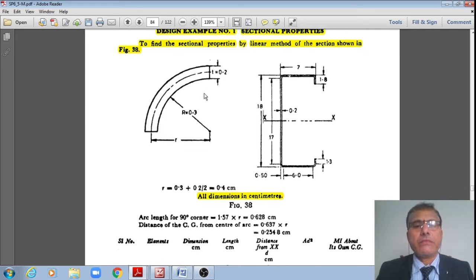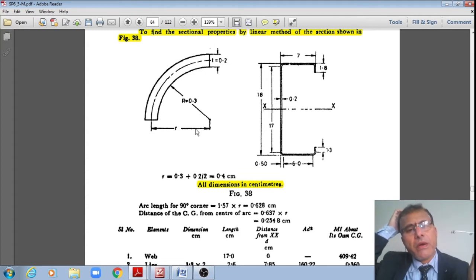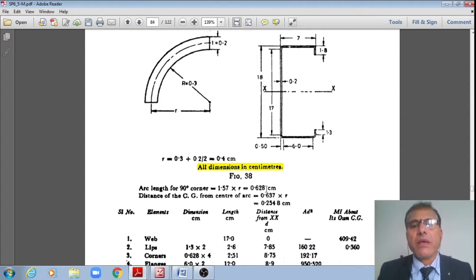And the arc length for this 90-degree curve is equal to 2 pi r by 4, that works out to 1.57 multiplied by r. Now substituting r equal to 0.4, I'll get 1.57 multiplied by 0.4. It works out to